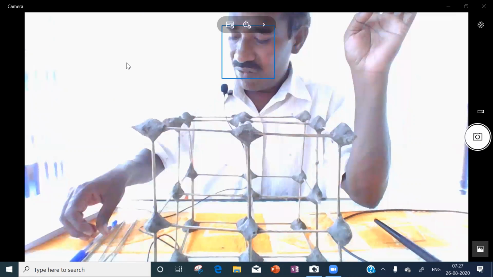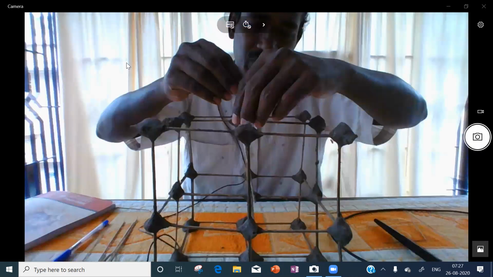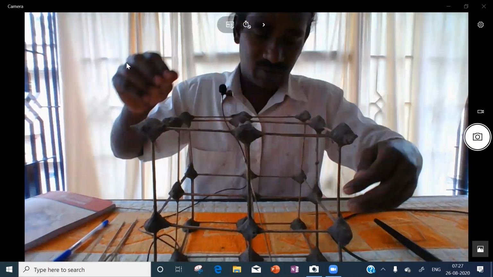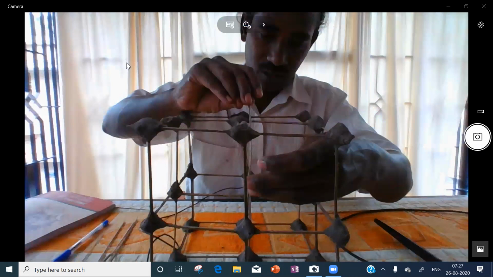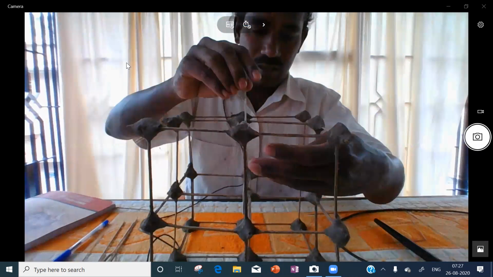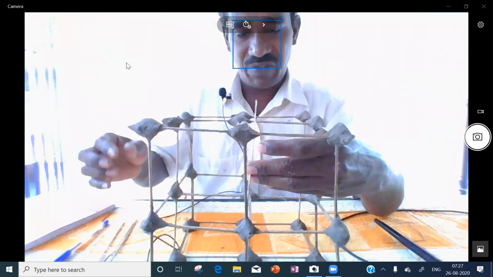Sorry, first one we'll see. Now, from this face center to this face center, one triangle. From top face center to side face center, one triangle. This top face center to front face center, one triangle.